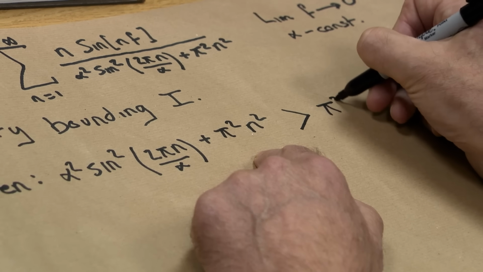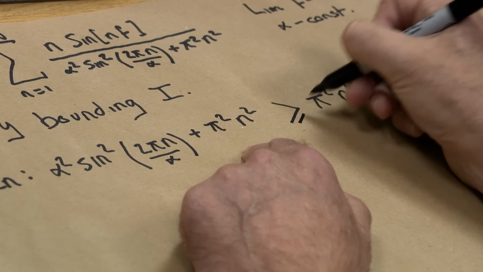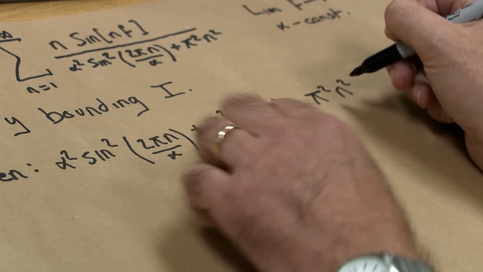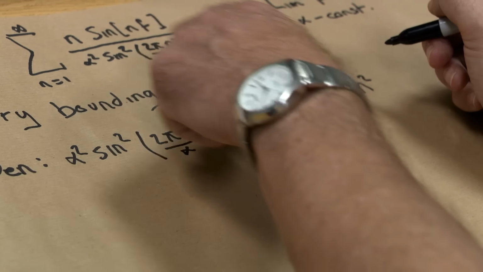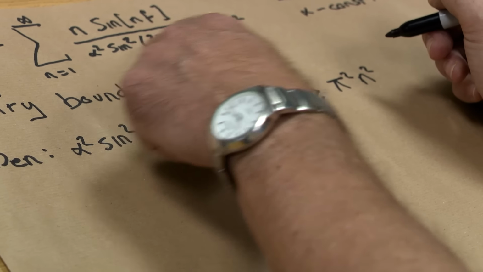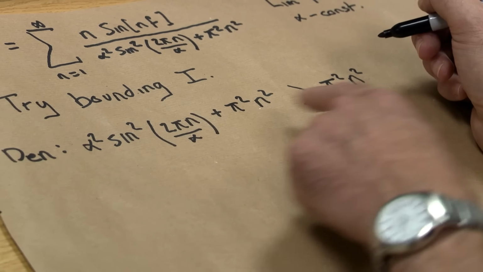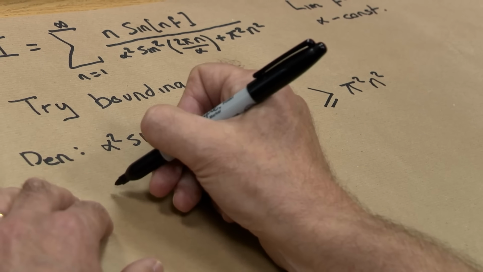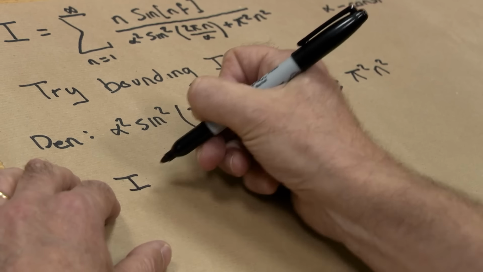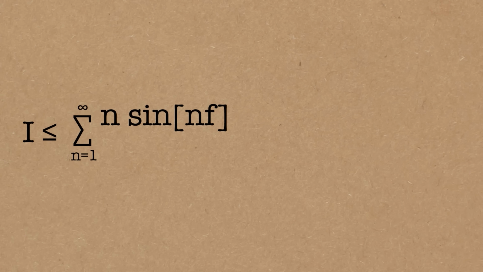Because, or greater than or equal to it, because if this was 0, then it would be the same. But otherwise, it's always greater, because that's always positive. But I want 1 over that. So it means that 1 over this will always be less than 1 over that. So I can now say that I will always be less than or equal to the sum of n equals 1 to infinity of n sine nf divided by,